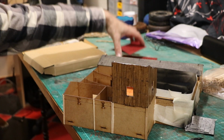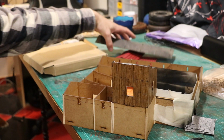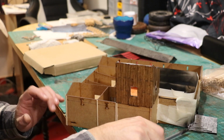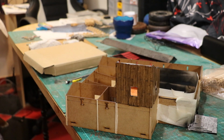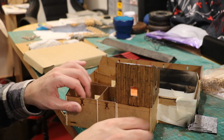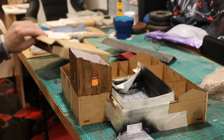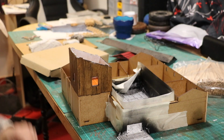With that done, and I'm waiting for the delivery from Sarissa with the rest of the tiles of that type to finish off the roofs, I have another task to do on this. Now I'm going to thank Angela right off the bat here. This was her idea, and she having said it now, I think, well, this is clearly what I need to do. What I'm going to do is continue the wood cladding down this wall and down this wall. So I have my chop it and I have my coffee stirrers, and I'm going to get to it,